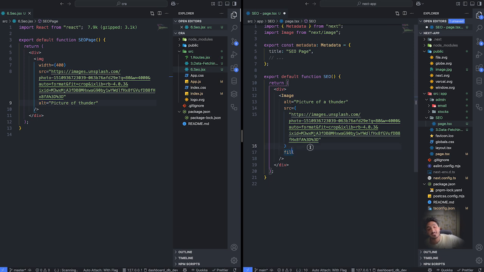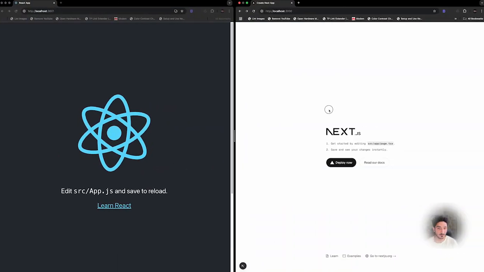Another thing that Next.js also has is, rather than an image element, which is an HTML tag, it has an image component, which gives us